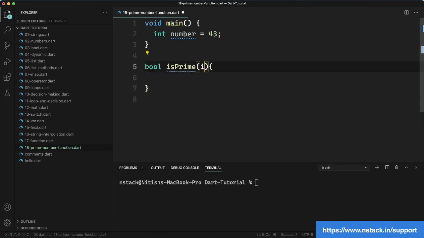So how will we find the prime number? For that we just need a number first. So suppose we are getting some input. Now we just have to return the result. So first of all, how will we start? We will create a list, and the list is going to have the factors.